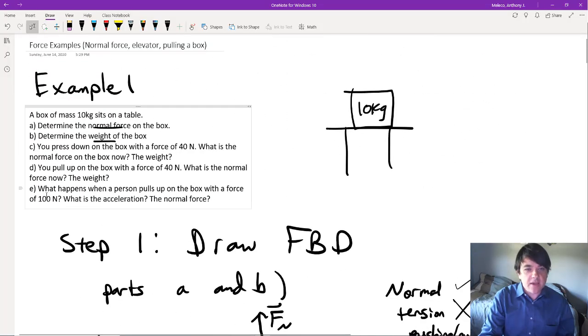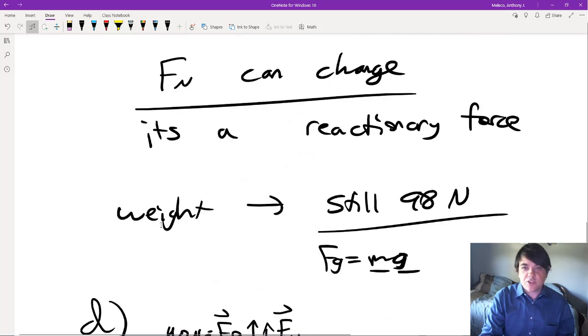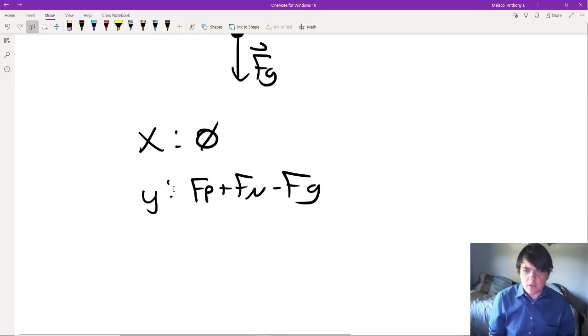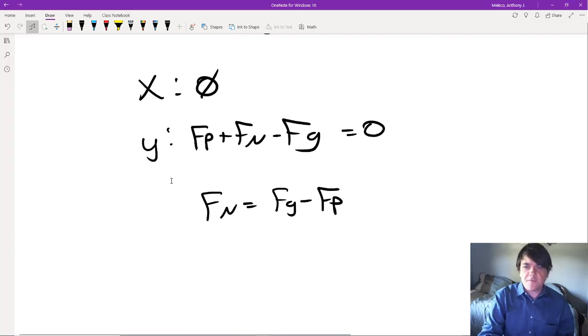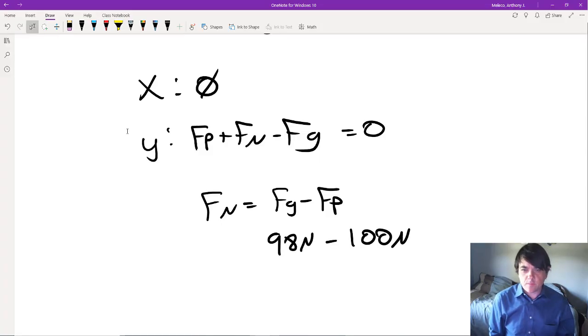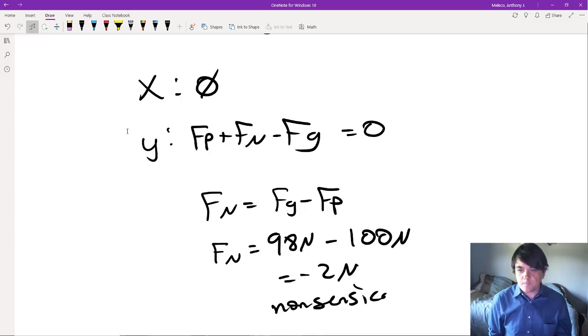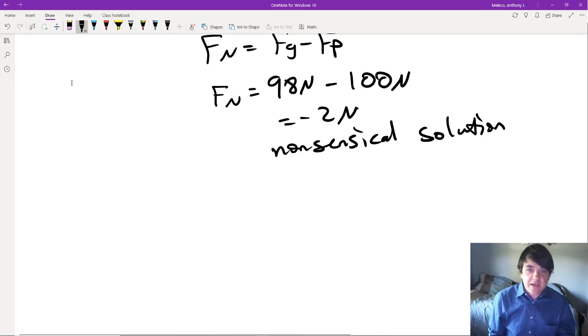Let's go ahead and say, it says, what is the acceleration? But let's just say it's not accelerating. So Fn equals Fg minus Fp. If this were true, so 98 newtons minus 100 newtons. So if you assumed there was a normal force and you're pulling up with more than the weight, you would get a nonsensical solution. Okay? If the normal force is negative,